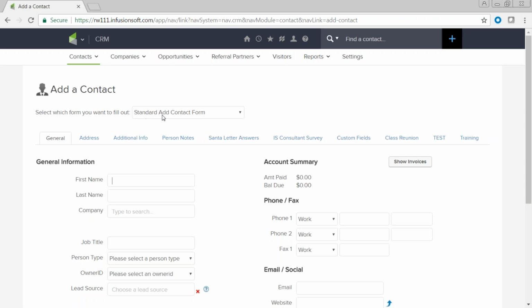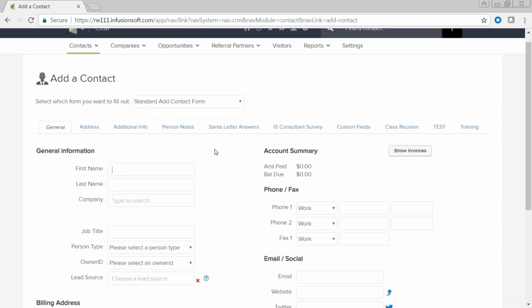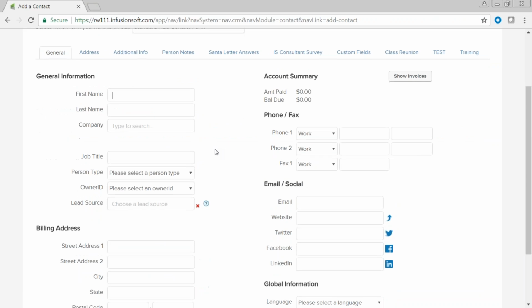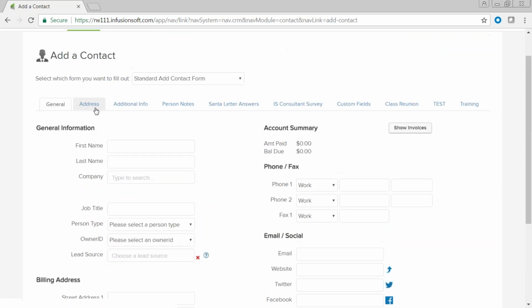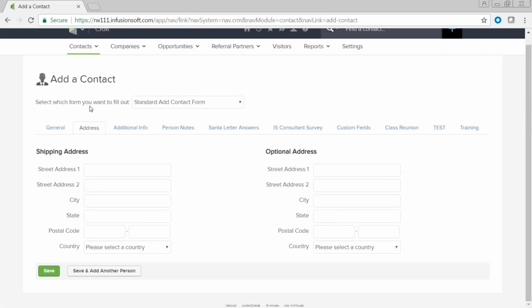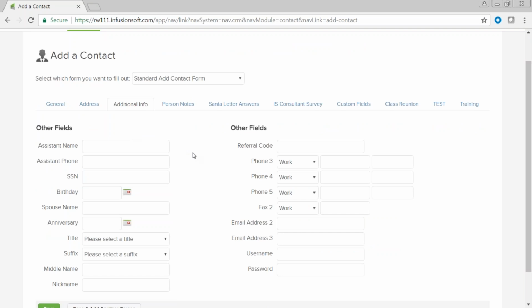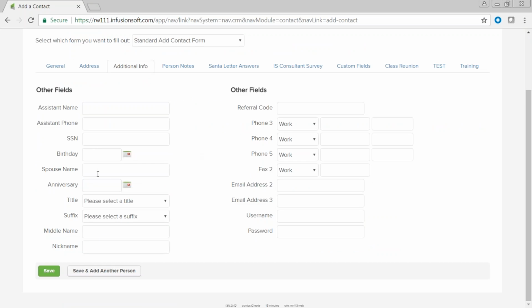And this is the standard add contact form. It allows us to put a lot of information about that person in here. Anything from first name, last name, company, job title, etc. Social information, time zone information. Secondary addresses, additional information, birthdays, spouses' names,